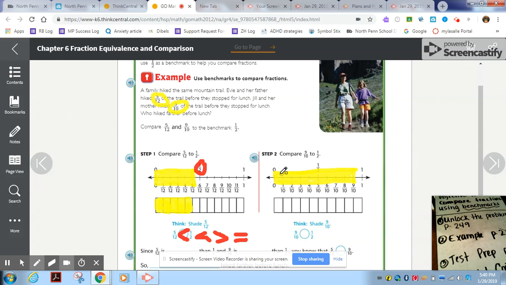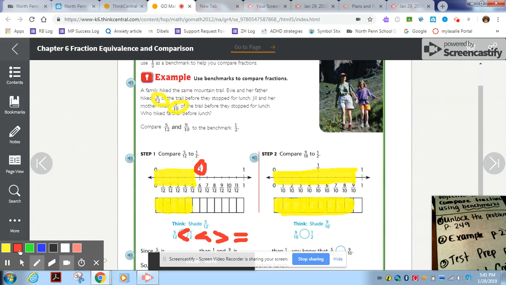And just to make sure we understand, we are going to color in our fraction strip. 1, 2, 3, 4, 5, 6, 7, 8, 9. So you color in all of this. There we go. Beautiful. Okay. Now, we're comparing this against 1/2 first. Oh, my coloring's getting awful here, so I'm just going to stop while the going's good. Okay. Here's 1/2